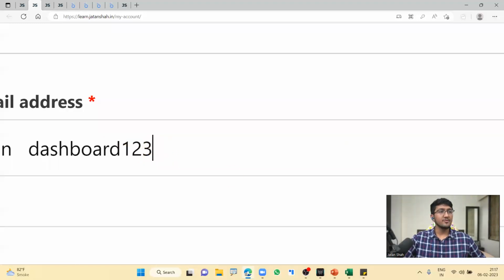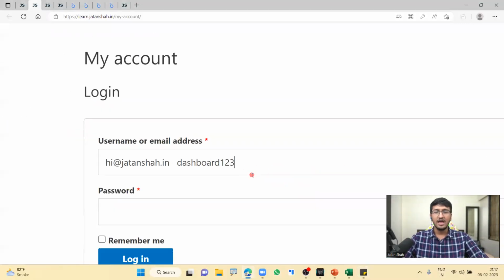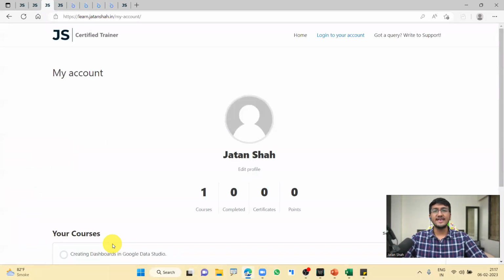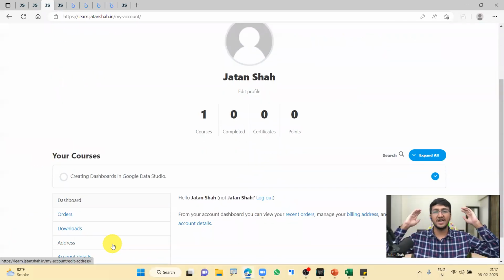All right. I am going to send the same details right now in the Zoom chat and later on the WhatsApp group. So you can check the Zoom chat. The details have been given there. Now, I'll go ahead, copy this, go down to my password, paste it, and click on login. The moment I click on login, I will be going inside my account, which looks just like this.